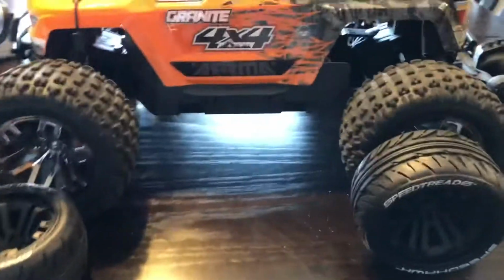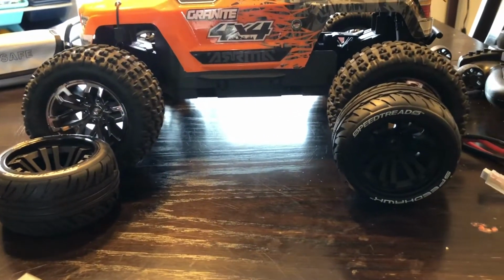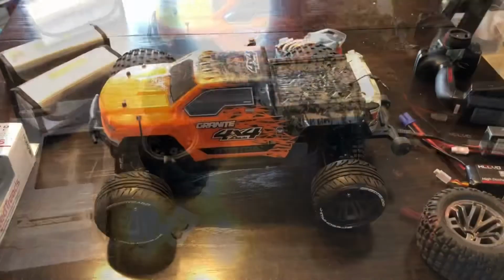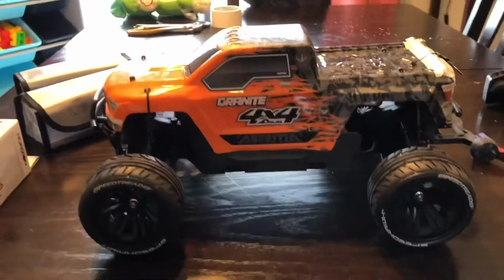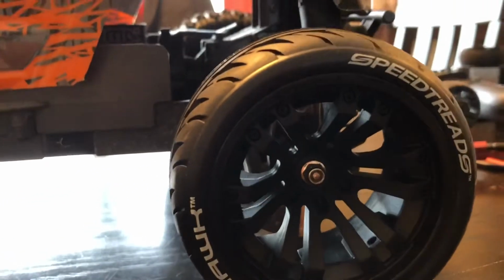so they look pretty sweet. I'm gonna strap them on and see how it looks. There's one side done, dropped it down quite a bit. Seems like they're glued pretty good, so hopefully that holds